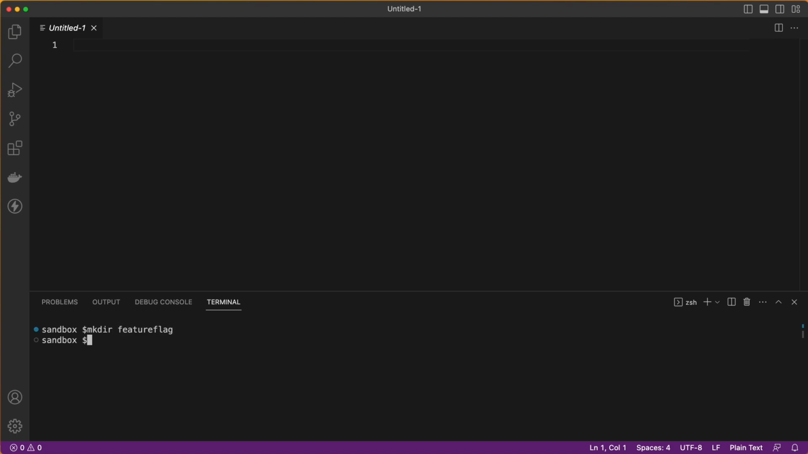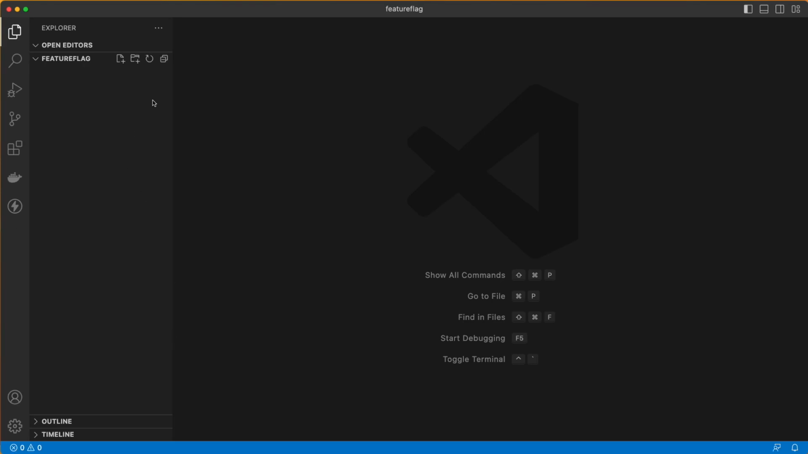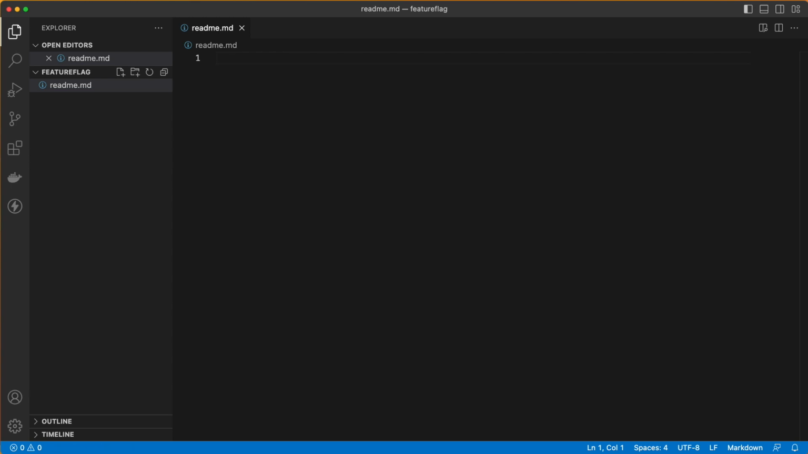I already have a feature flags directory, so we'll call this feature flag. And then we will go into the feature flag directory, reuse this window lowercase, and just open this directory. And we're just going to create a README for now. This eventually will be our project, our feature flag project, but right now I'm just going to create a readme.md